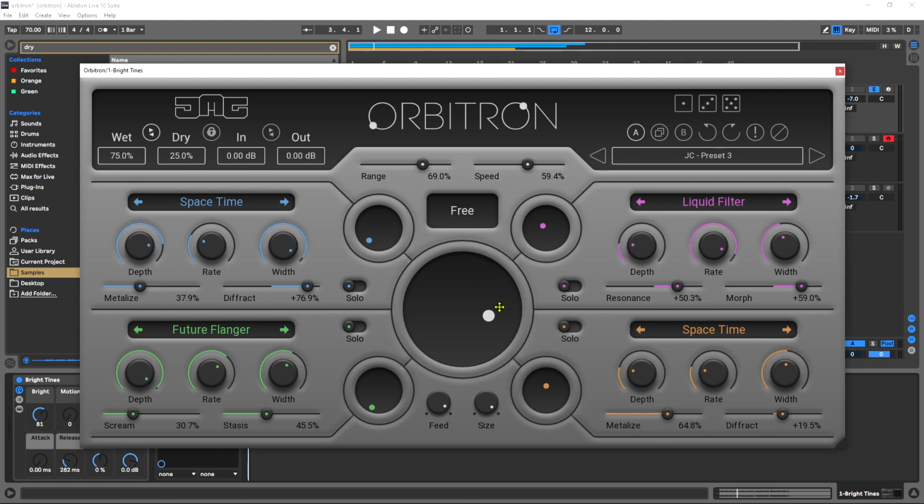Another one is free, which just means I can control the ball here, or you can automate it inside of your DAW. And there's a random, which is really cool. This will just fluctuate. You'll still have your range and speed parameters to adjust it, but it won't move in a circle or anything like that. It'll just go all in different ways and never really repeat itself, which is really what Orbitron excels at,